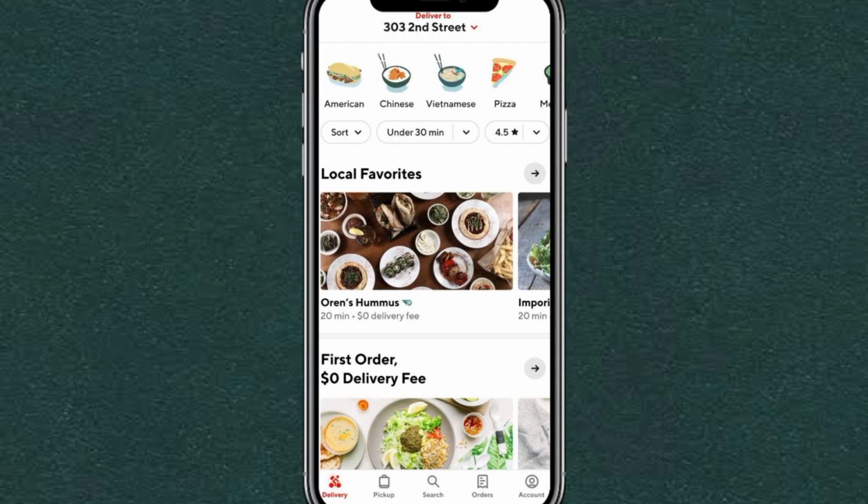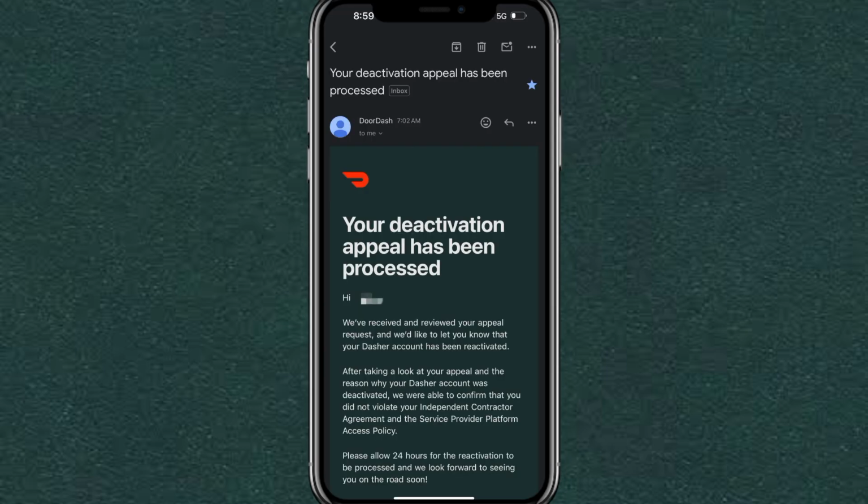In today's video, I'm going to teach you how to appeal a DoorDash account deactivation. If you just received a deactivation notice, start by opening the message you got from DoorDash. This may appear as an email, an in-app notification, or both. Check your spam or promotions folders if you can't find it, and make sure you're signed into the correct account in the DoorDash app. The notice will explain why the account was deactivated and point you to the appeal option